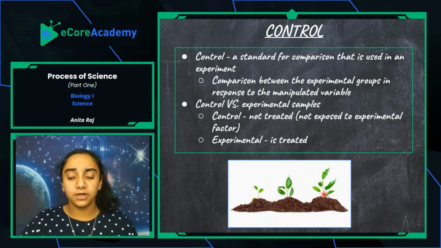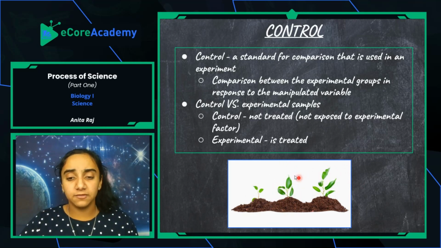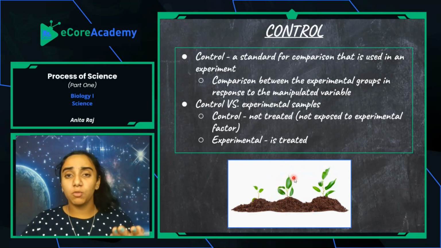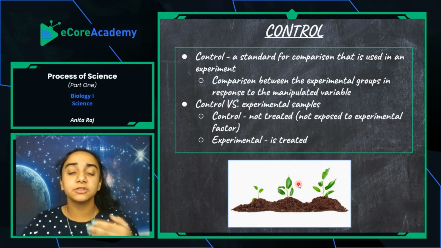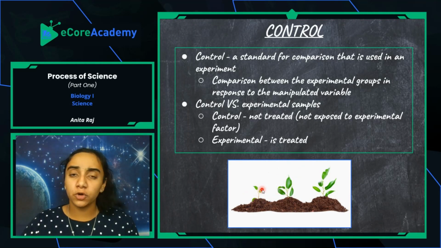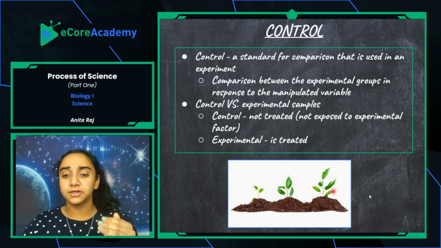So this plant over here on the right, which is the half liter, it's going to be what I use to compare. So at the end of the experiment, if any of these plants are taller, then I can say that more water than what is normal, than what was given to the control, results in optimal plant growth. And maybe if the one on the left is shorter, maybe shriveled and dead because I didn't give it any water,